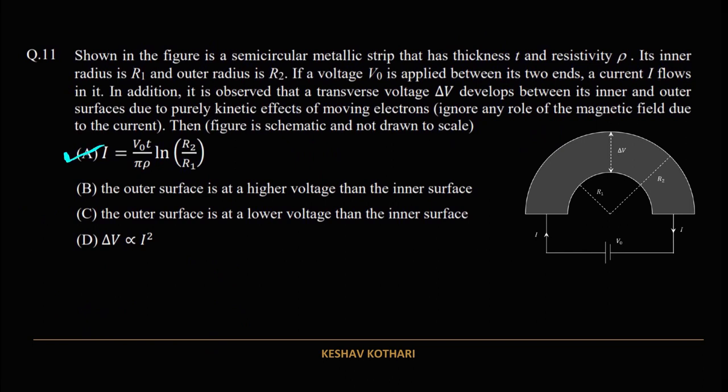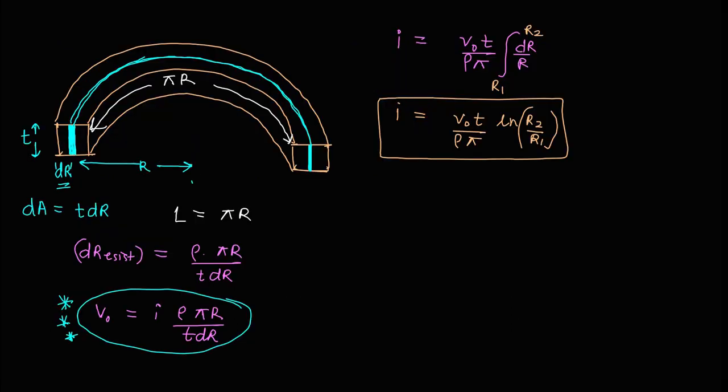Alternative A is correct. Now we need to approach the other aspects of the problem, and for that I am using this line: this is purely the kinetic effect of the moving electron, and we have to ignore any magnetic field that will be generated, so we cannot use that Hall's effect technique. That is not asked to be used. So if we do it without that approach, when the current is flowing through this arrangement or this segment, the electron flow is also taking place, and then for equilibrium of electron in its path,